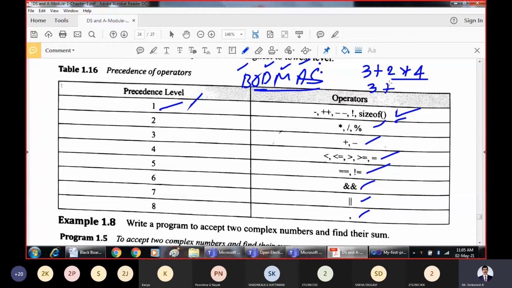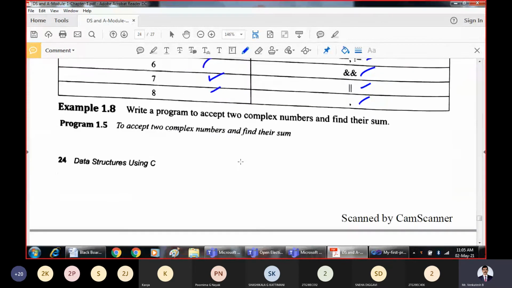That means this expression becomes 3 plus 2 into 4, which is 8, then the result becomes 11. That is how you should evaluate when we have plus and star. Similarly, you should remember the priority for all these operators.